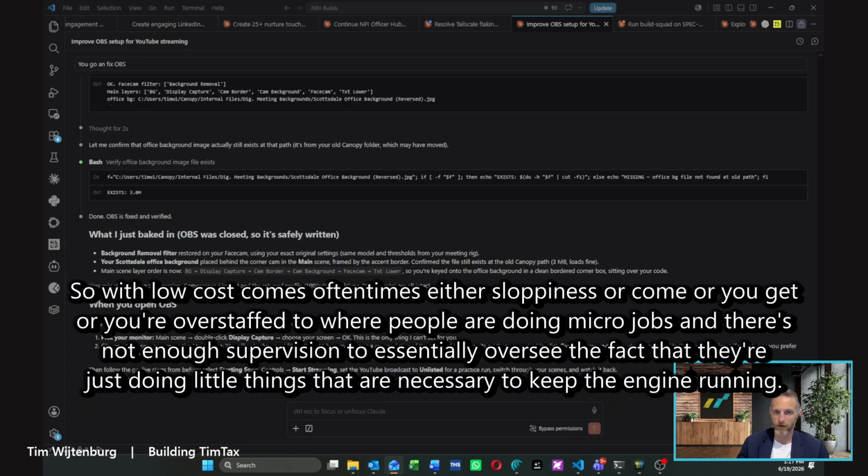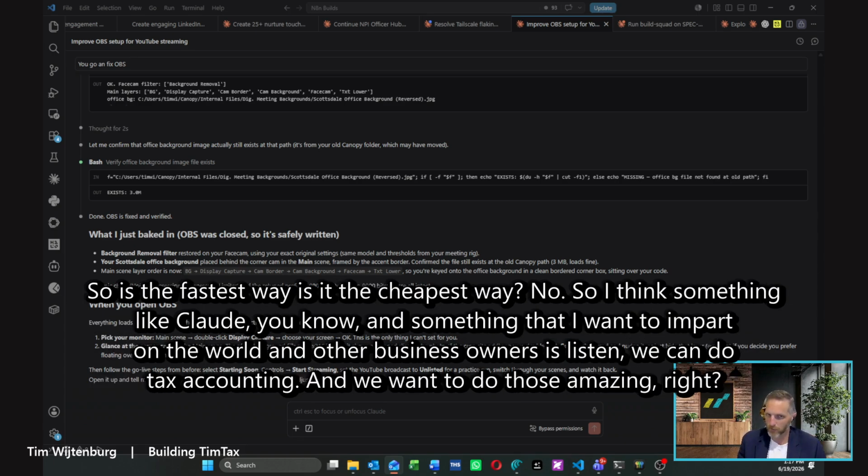So with low cost comes oftentimes either sloppiness, or you're overstaffed to where people are doing micro jobs and there's not enough supervision to oversee the fact that they're just doing little things that are necessary to keep the engine running. But is it the fastest way? Is it the cheapest way? No. So I think something like Claude, and something that I want to impart on the world and other business owners is this: